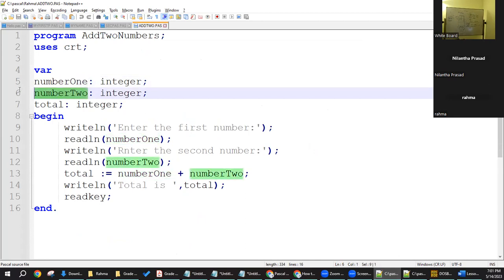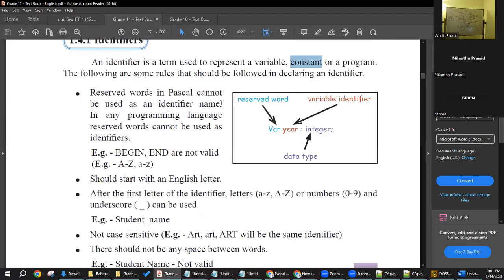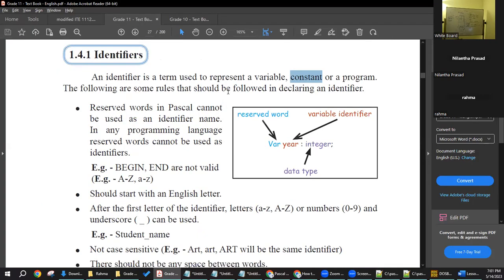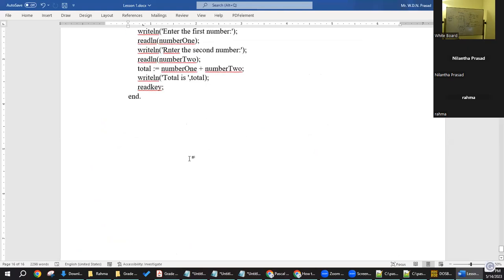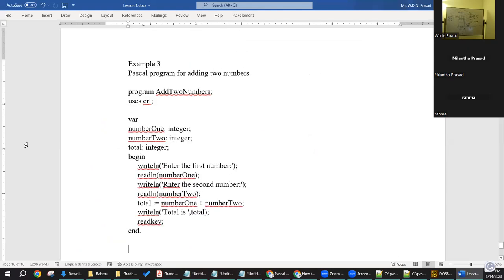This is an identifier. This is also an identifier. So you can see these are actually something that you have to learn right now. So let's proceed to discuss about identifiers. So meanwhile, I will take a screenshot of the program